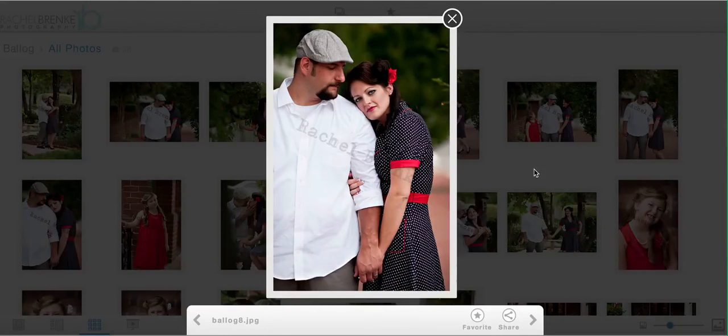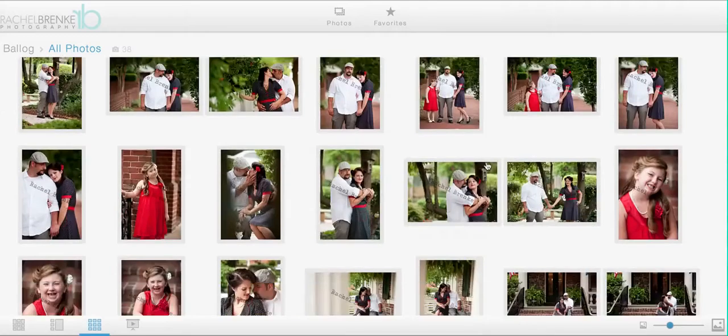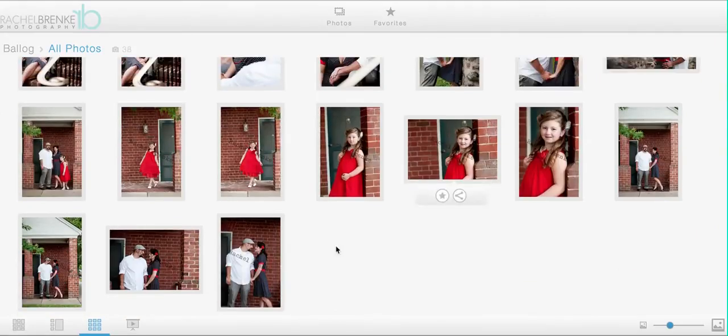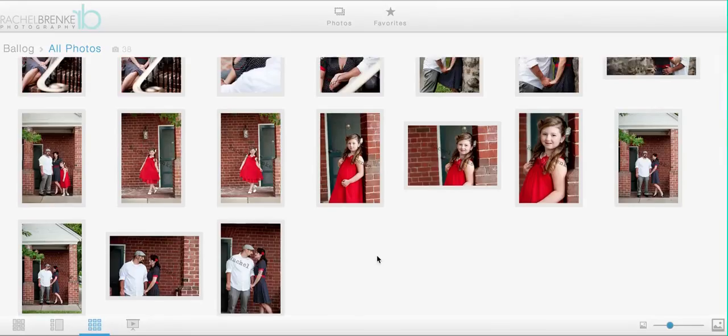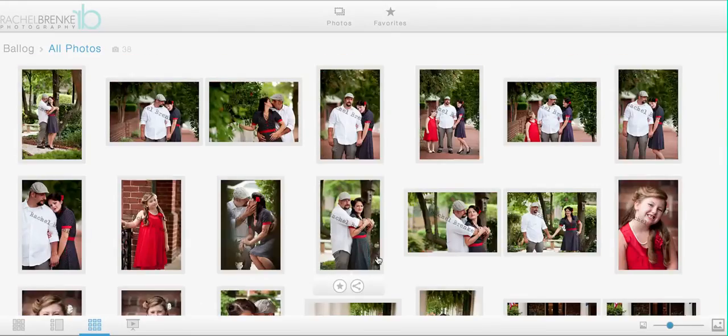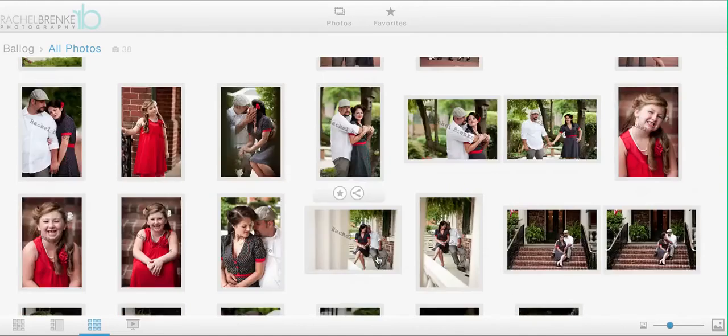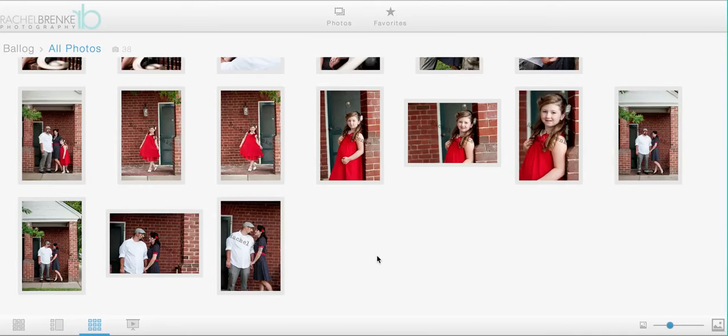Another thing that I will do, I don't know if I have it in this gallery, but as I'm going through, I will add at the end something I have created in Preveal, especially if, like Kayla, she mentioned to me here that she wanted an album. So I actually sent her an album mock-up of photos in order for her to look separately from here. But if someone had just mentioned canvas and I hadn't worked as intimately as I had with her, because she's a photographer as well, that's the girl in these photos, I would, at the very end of the gallery, whether I'm in person or doing this by Skype or phone, or I just happen to send the link,